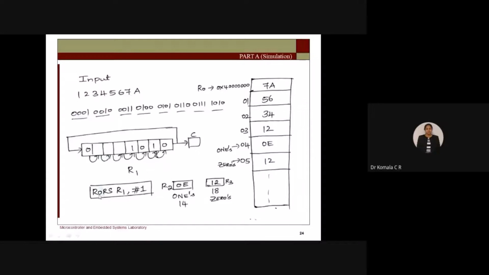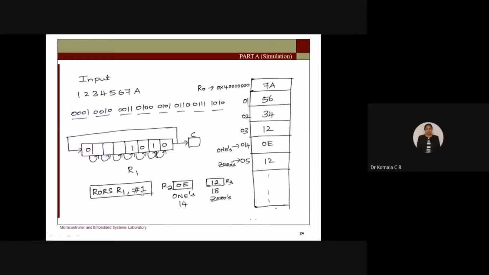Here it rotates right, and while rotating right, if the carry flag is set, that means it is 1, it will indicate set. If it is 0, it will indicate reset. So here S indicates the sign bit, whether it is set or reset.